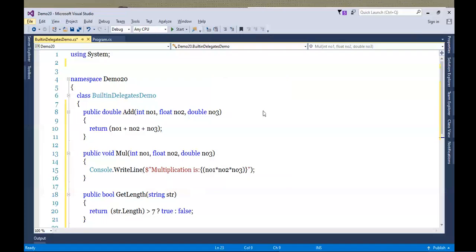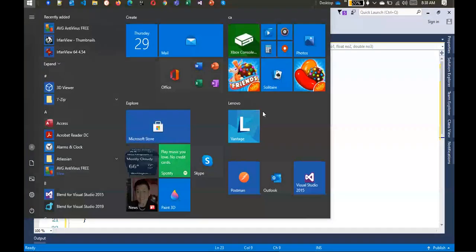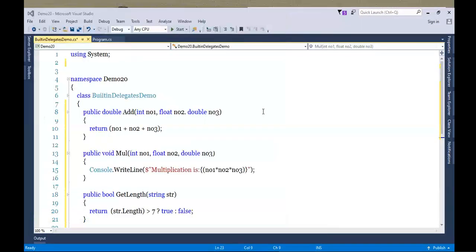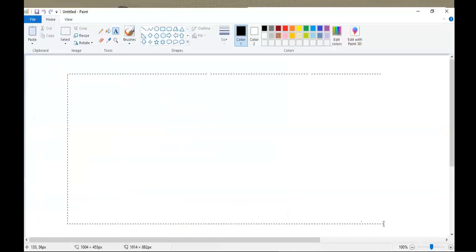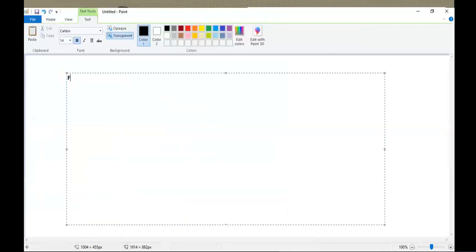So if you consider Func delegate, we tend to use Func delegate if the method is returning a value. So if your method is returning some value, then you will use Func delegate, which is a built-in delegate.